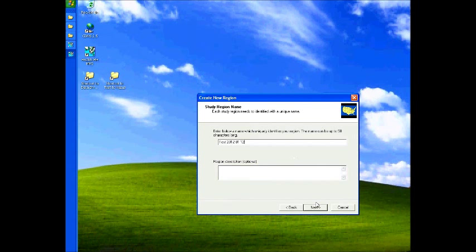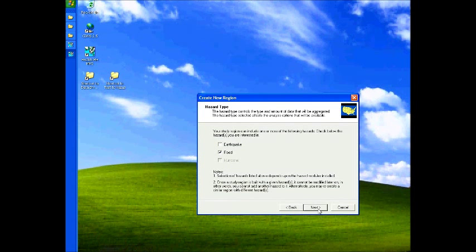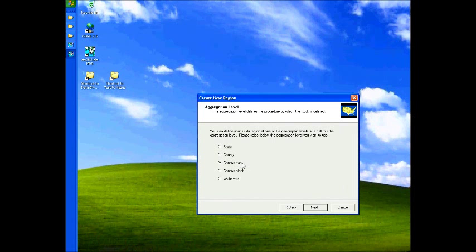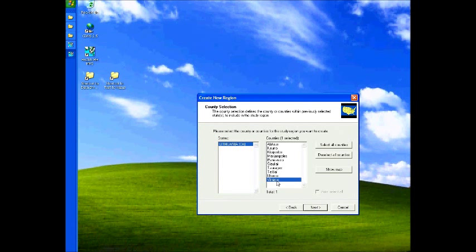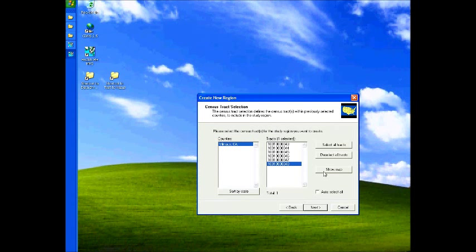We will see what we will be able to aggregate. So we will choose census tract, and so over here instead of the United States you can see Lithuania, and over here we will choose Vilnius district, and I'm not sure which tracts should be over here, so the capital city,